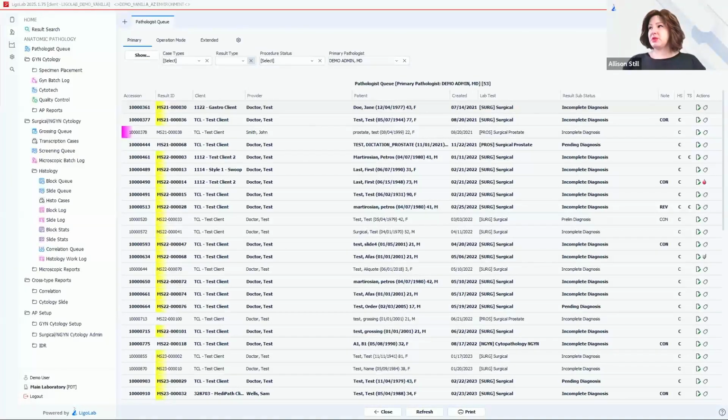And since I think there was a question about the pathologist queue, I'll just linger here for a moment. Here we also see the same color in the accession column that we saw in the other queues. In the system, purple is expedite. So again, you can customize those however you want them to appear. The yellow shading here is a turnaround time indicator that is test specific. So you can see it's for the surgicals, but I don't have it configured for the prostates, for example,